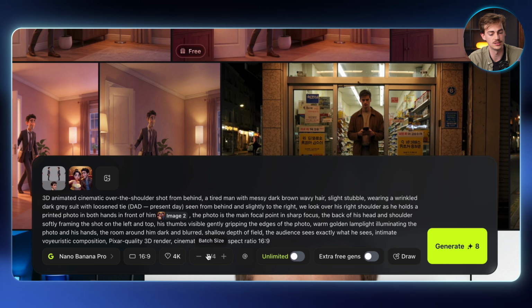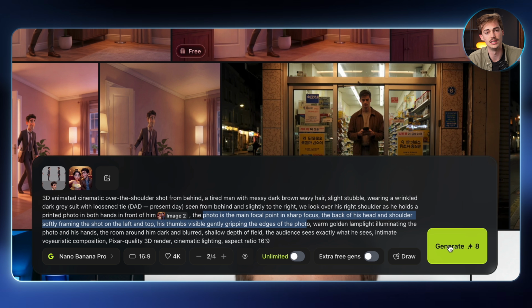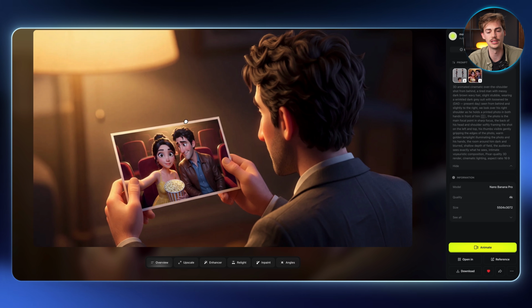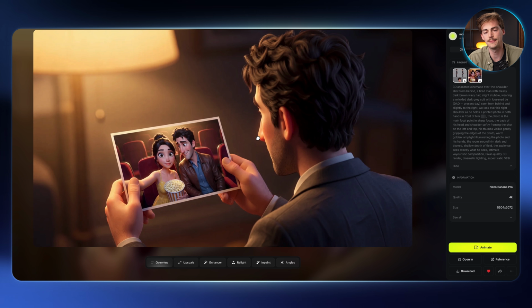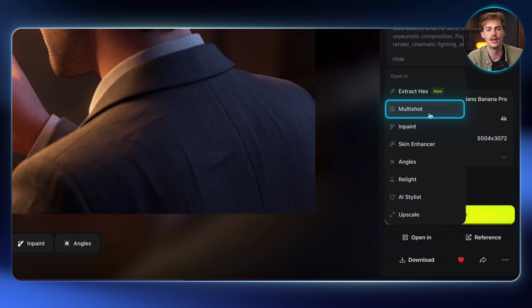So the AI understands that we're referring to that image. So then I'm adding in more details and then I hit generate. So that ended up getting us this result. The next step, what you can do with this is you can click open in Multishot, and here you can